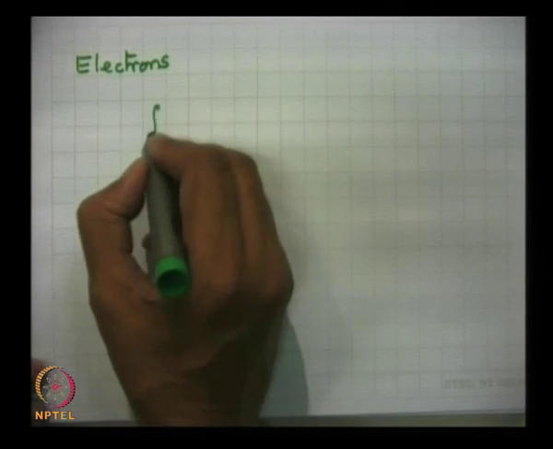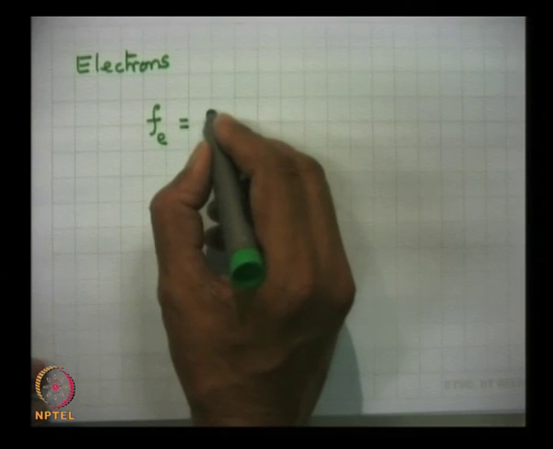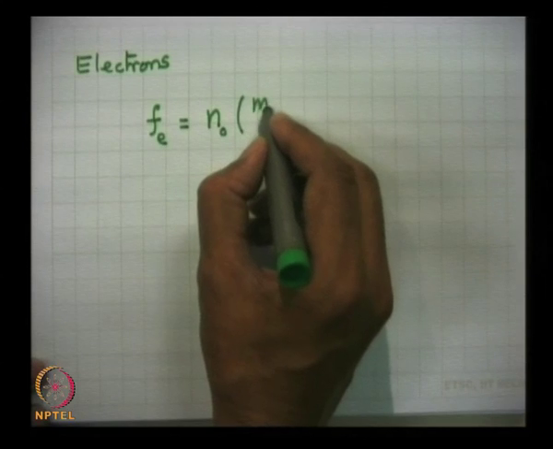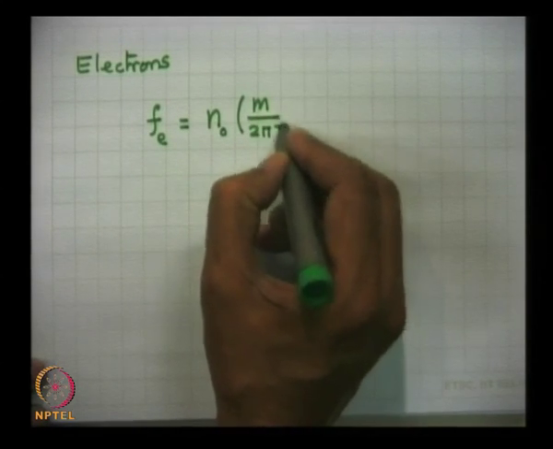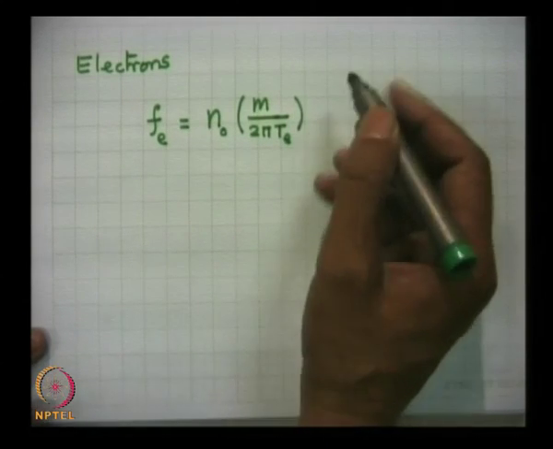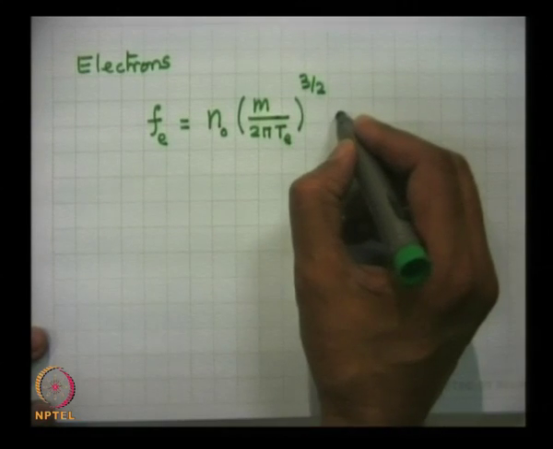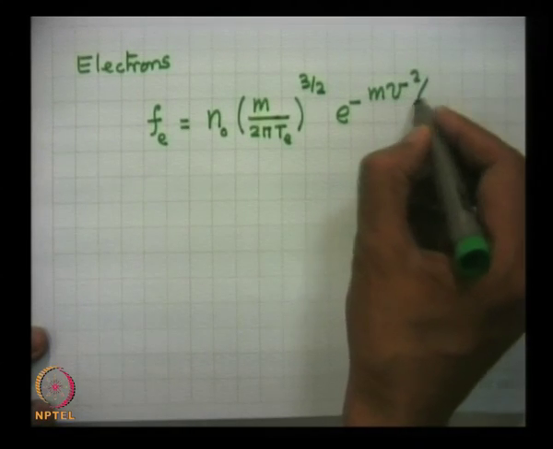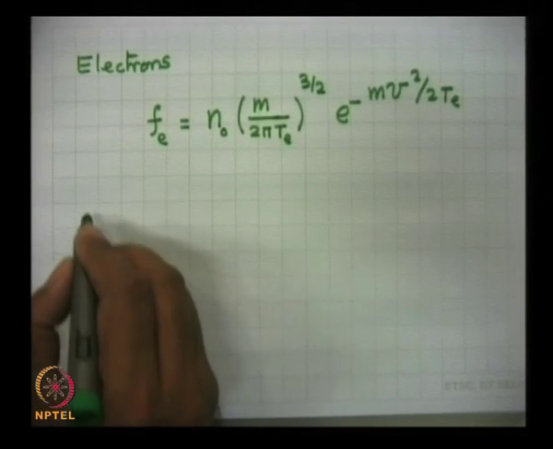They have f for the electrons, like density of electrons n0, m mass of the electron, 2 pi into temperature of the electron in units of energy, meaning the Boltzmann constant is hidden in there, this to the power 3 by 2, exponential minus m v square by 2 T e. This is the electron distribution function in the machine, whereas for the ions